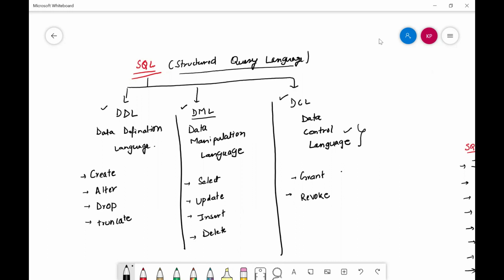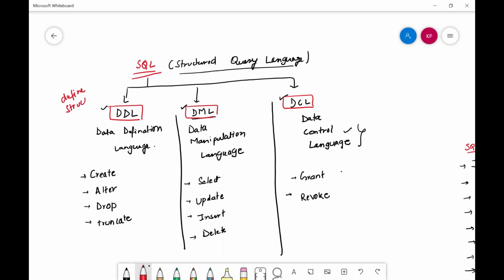So basically the SQL commands are divided into three broad categories. First is DDL, that is data definition language. Second is DML, and the third one is DCL, that is data control language. In DDL, we define the structure, we work on the structure of the database.